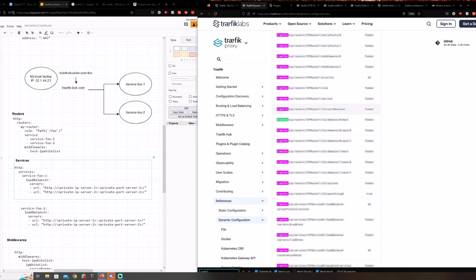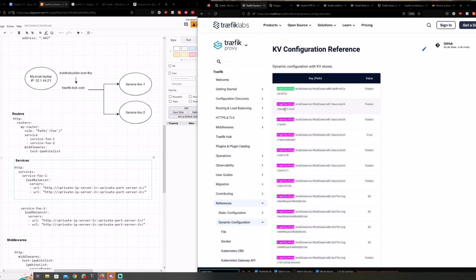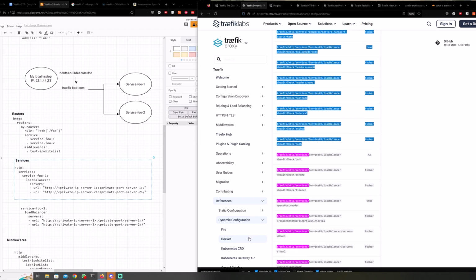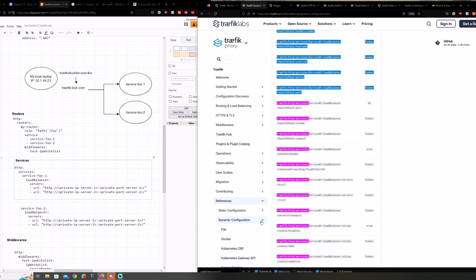So Traefik has to be there since it's the default key value starting key, then http/services and then the service name. For example, here in this case, it is service01, your service foo1 load balancer. You can use either the file provider for dynamic config, or you can use the key value provider or any other provider